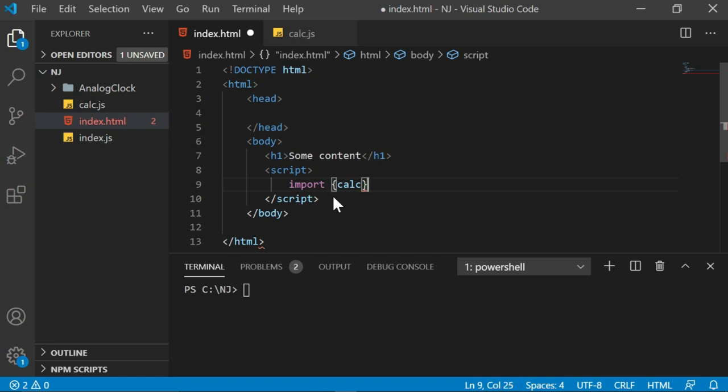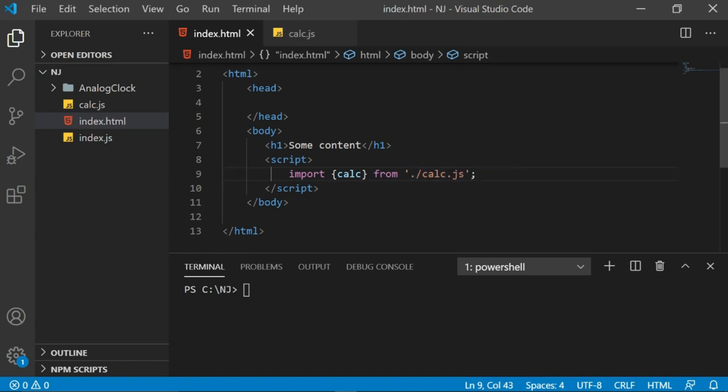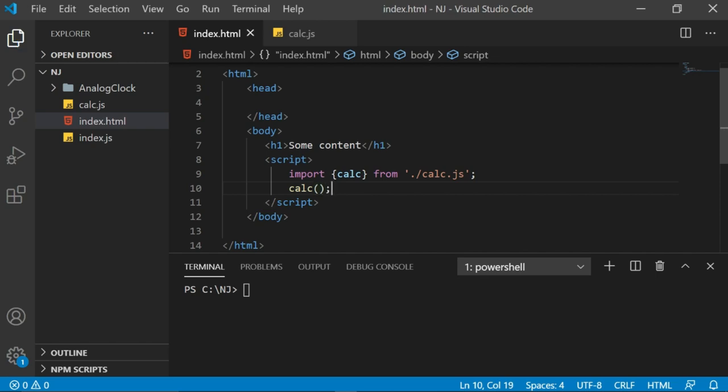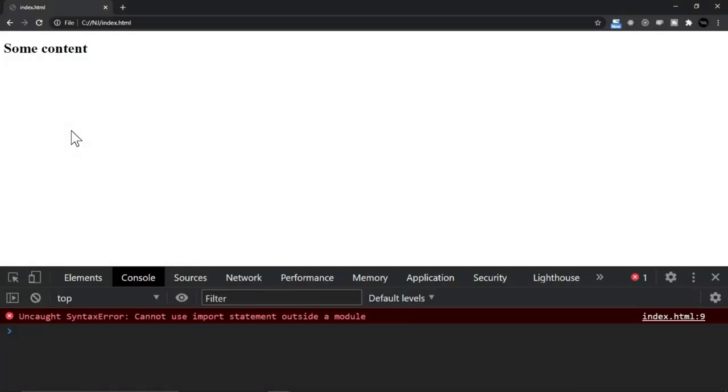Here, I just use curly brackets. And then, where is the file? It's a file in the same folder and the file name is kelsey. Now let's just try to call the kelsey function and see what happens. I'll open the browser and try to open the index.html. So this is the folder where we have the file and this is the content which is displayed, and you see that there is some error coming.